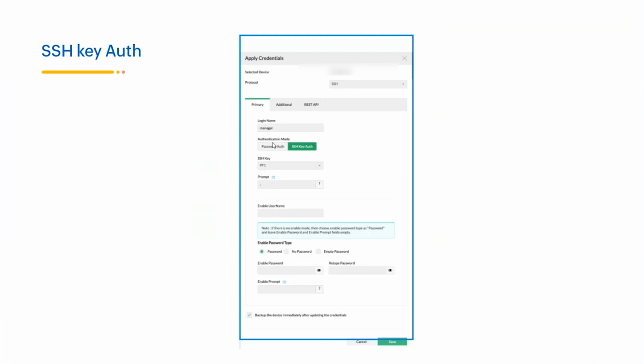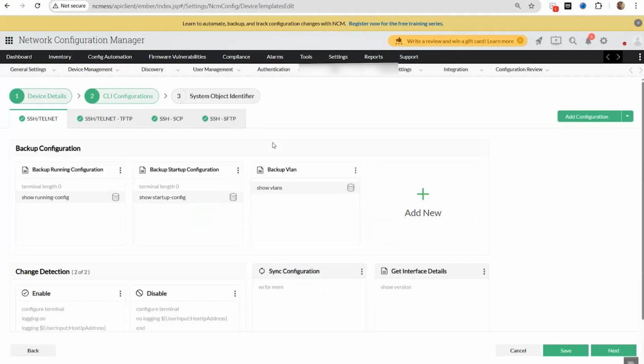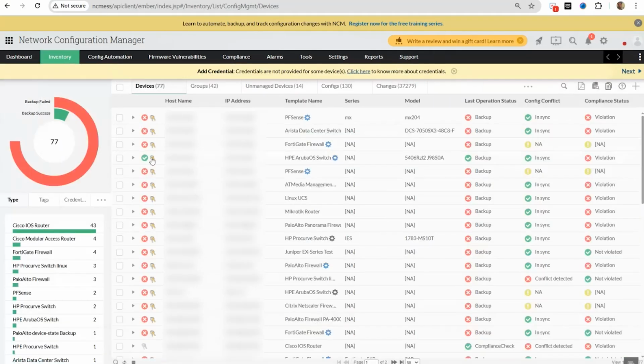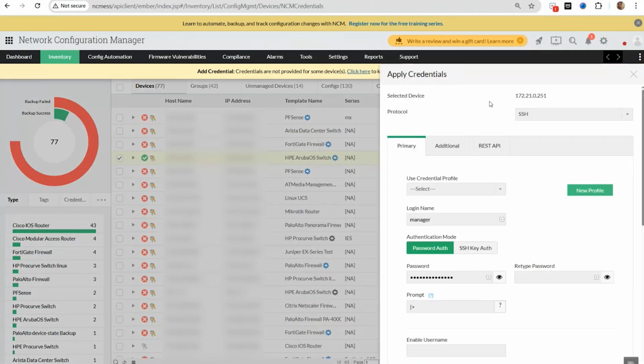So let me show you how this looks in the UI. Go to inventory, and next to a device, you see the key symbol over here. Just click on it, and you will find the apply credential screen will appear. And in the screen, you can